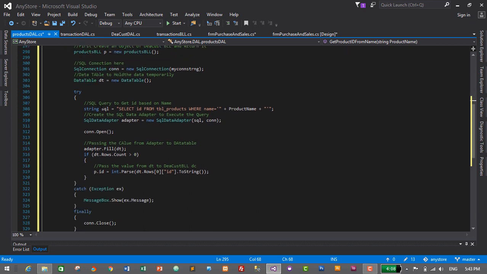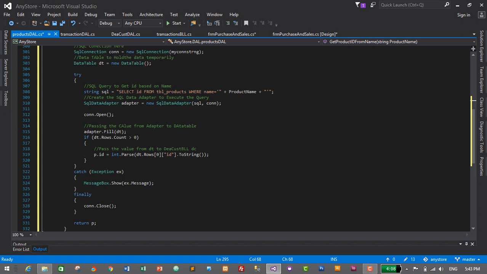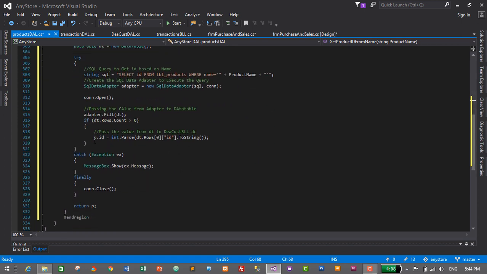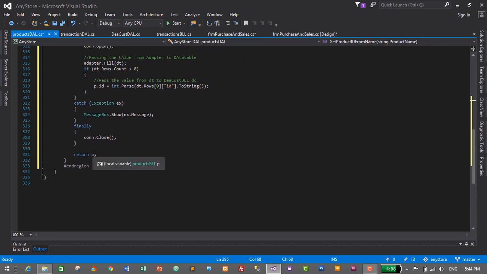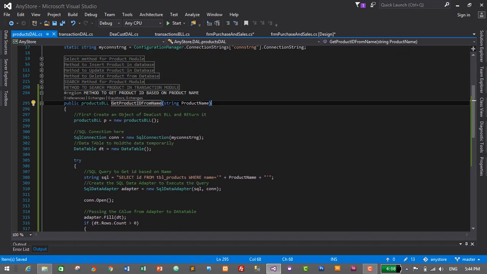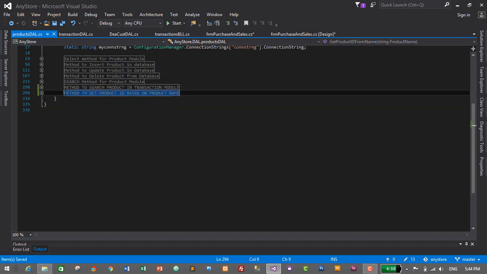And here we do not make any changes here. Here we changed the table name, before it was TBL dcost, and change it to TBL products and change name to product name, same as this. And here we change DC to P, and here we change DC to P. That's it. Let's save it by pressing Ctrl and S, and we'll use this method to get the product ID